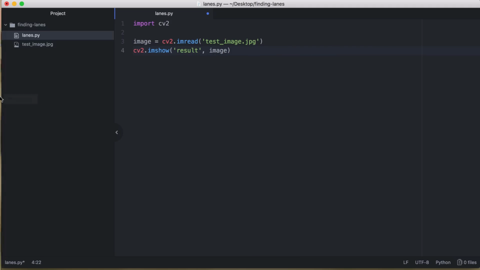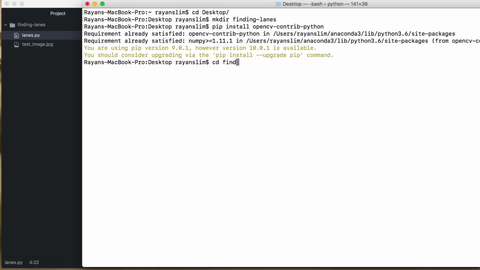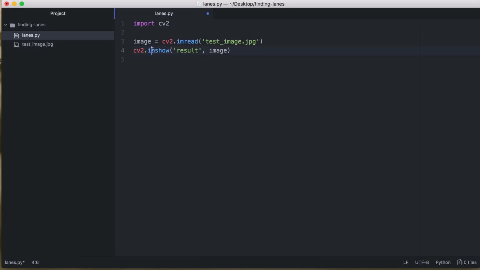If I run the code now, in my terminal, I navigate to my project folder by writing cd, our project is named Finding Lanes, and run the Python file, python lanes.py. Notice that nothing is going to happen. That's because this function should be followed by the waitKey function,